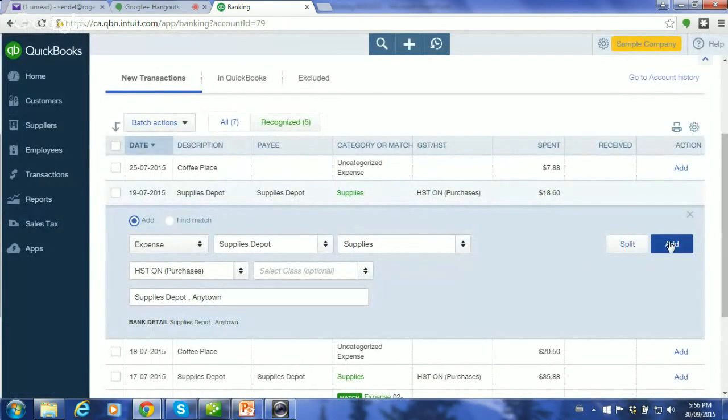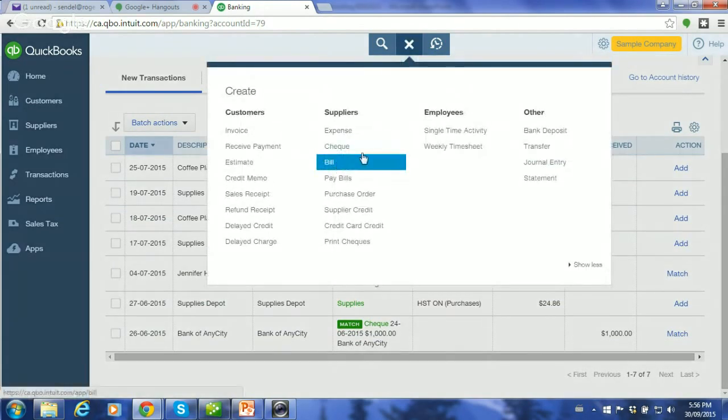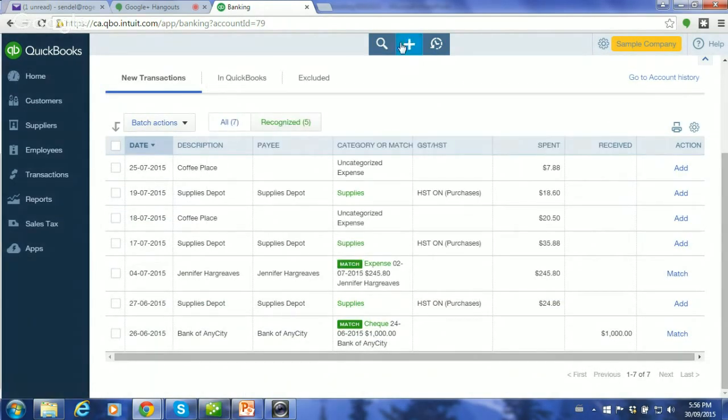So, okay, I'm going to go ahead and add, well, I won't add it just yet, because if there was a bill, and if I enter that bill right now for, what are we talking about here? $18.60.